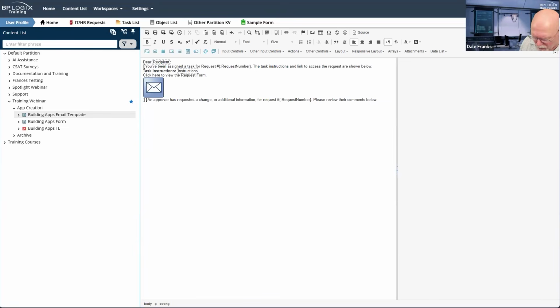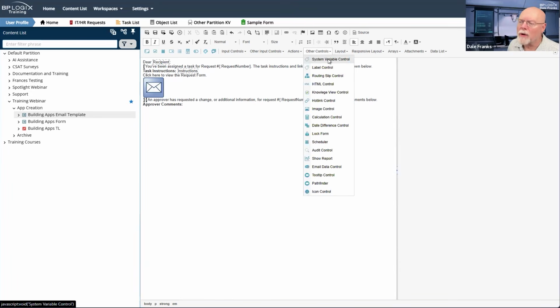We're going to go Control Bold, Approver Comments, and then we'll turn our bold off. And now we're going to drop in a couple of system variable controls. What I need is the activity result for the appropriate activity, whether it's supervisor approval or manager approval.